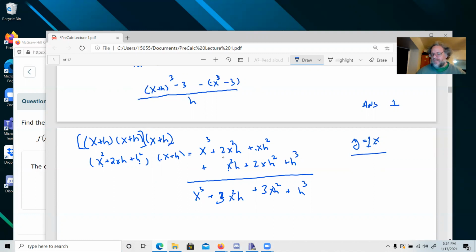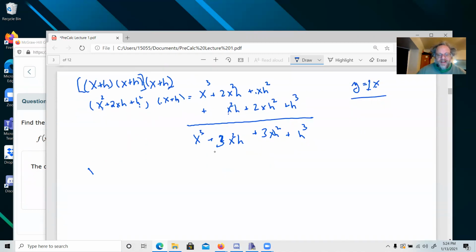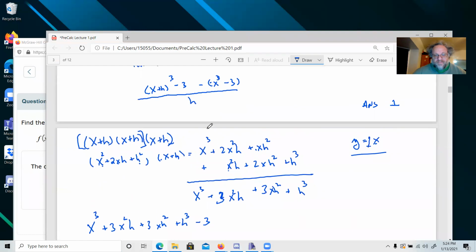Okay, if you remember that formula from college, from intermediate algebra, good on you. That's fantastic. I never did, but that's where we are. Okay, so let me just write that in. This is my x plus h cubed is equal to this whole thing here. All right, so here we have it. We have x cubed plus 3x squared h plus 3xh squared plus h cubed minus 3, right? Minus 3